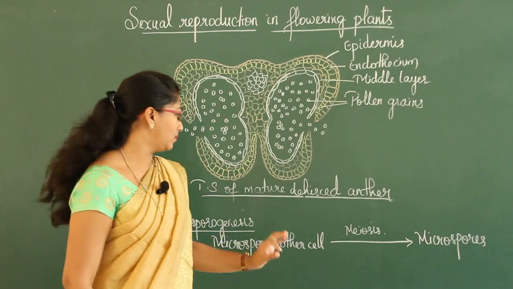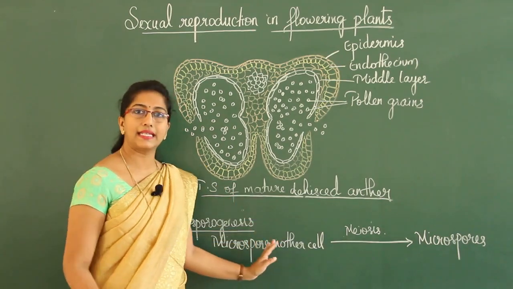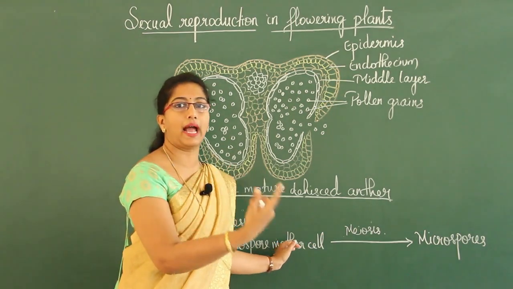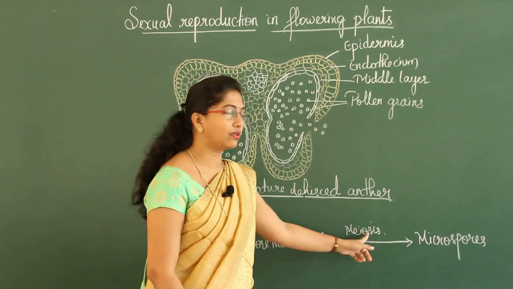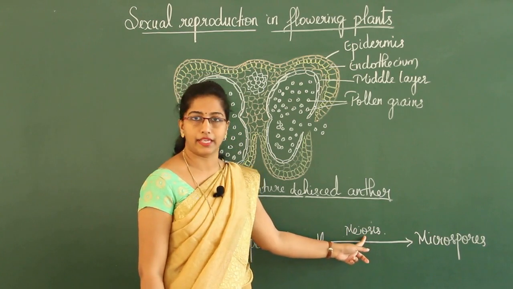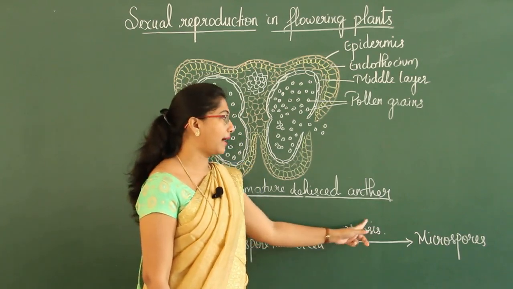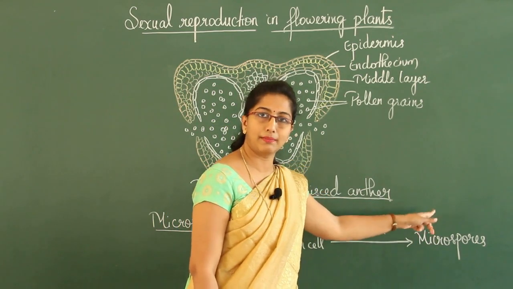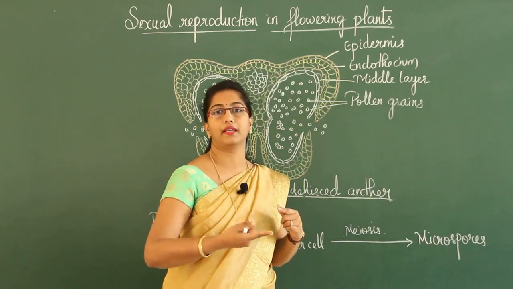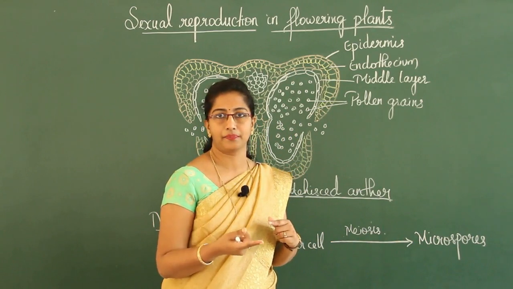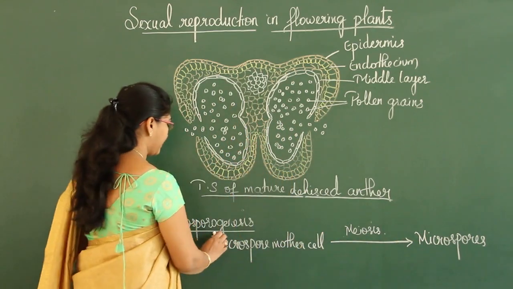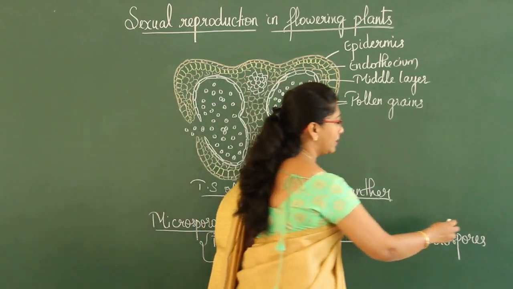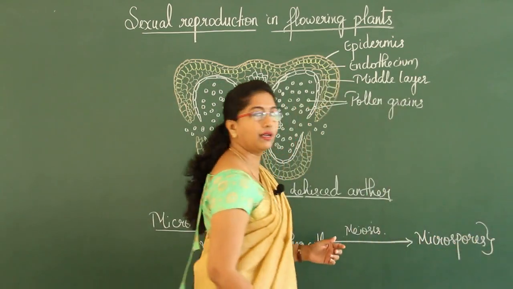Now, the microspore mother cell is diploid. If this has to produce a haploid cell, it has to undergo meiosis. Therefore, meiosis happens and microspores are formed. Now, this microspore is developing into pollen grains. But only this part, that is the microspore mother cell undergoing meiosis and producing microspores,